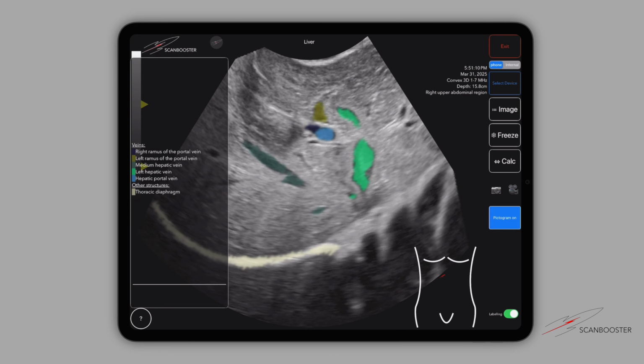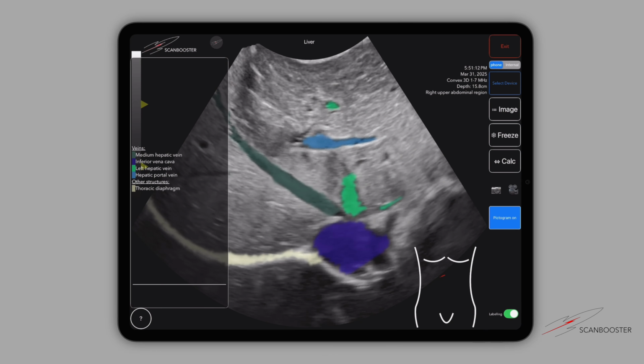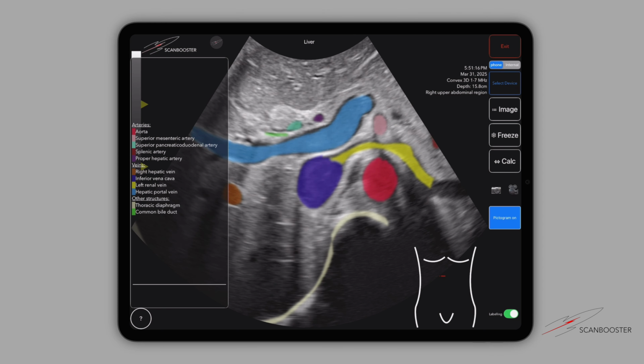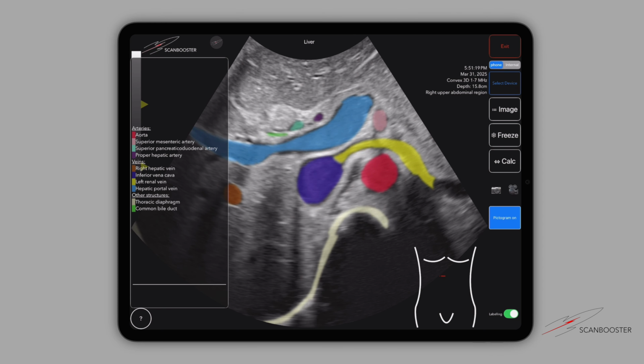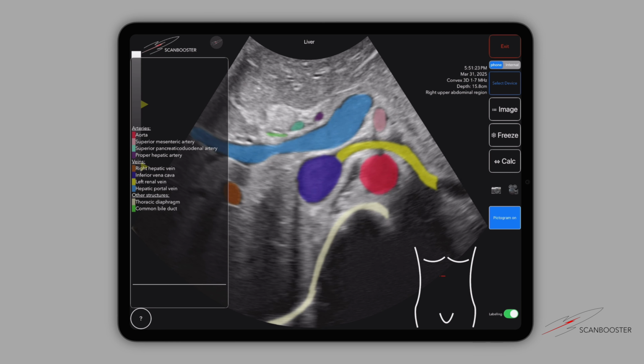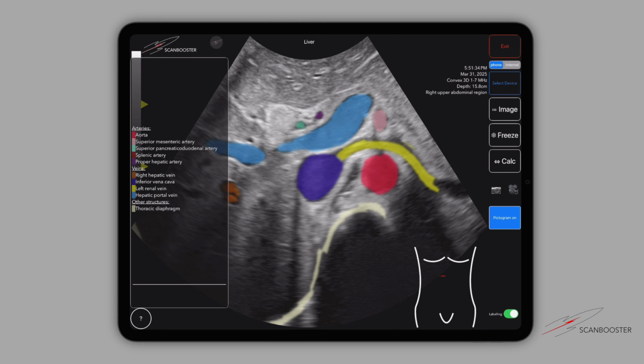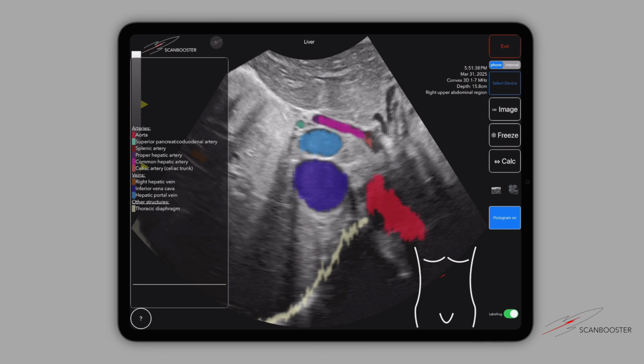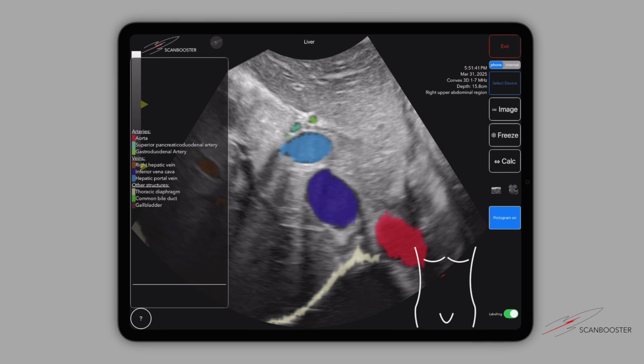Finally, they drain into the sinusoids. There, oxygen-rich blood mixes with the blood from the portal vein. Blood exits the liver through the hepatic venous system, beginning in the sinusoids, flowing into the central veins, and then draining through the sublobular veins into the three hepatic veins. These veins are best visualized in an upper abdominal oblique scan by rotating the ultrasound probe approximately 45 degrees toward yourself. The right hepatic vein is shown in brown.